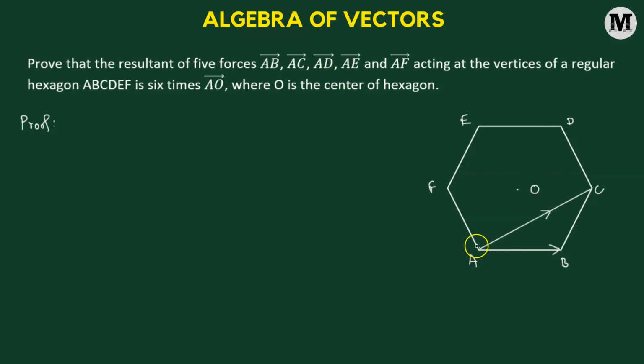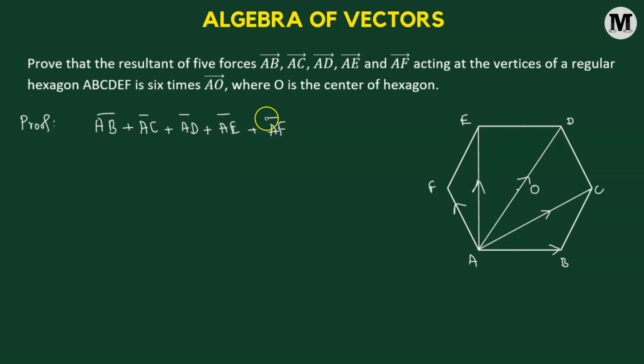So AD vector means we'll draw a directed line segment going from A to D, and AE vector will be another directed line segment going from A to E. And we have AF vector. So we'll begin by first summing up AB vector with AC vector, with AD vector, AE vector and AF vector. Fine. Now we have to show that this sums up to 6 times AO vector, where O is the center